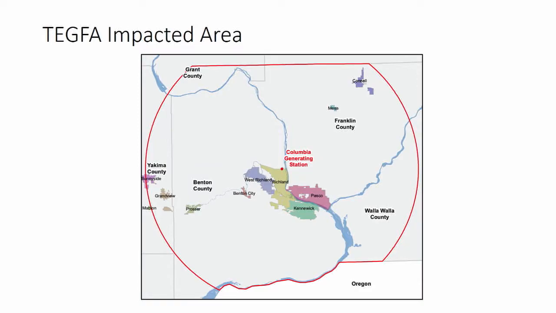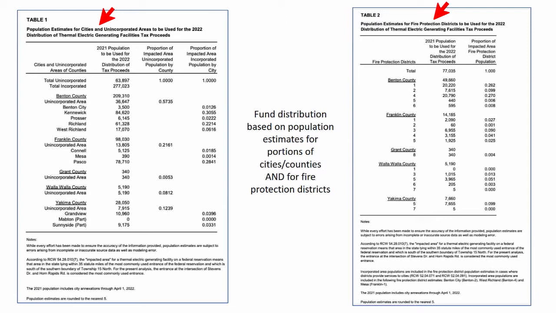So that power plant, the acronym that they use is TEGFA. This is the affected area. So this is the guy with the Sharpie thing. They drew this big red circle around the power plant there in the middle, and the way that they are going to be distributing funds is based on portions of cities and counties, and on the right-hand side, portions of fire protection districts. So the cities and counties, you're okay because Census produces those geographies, but fire protection districts, this